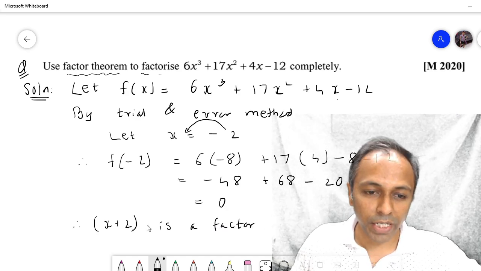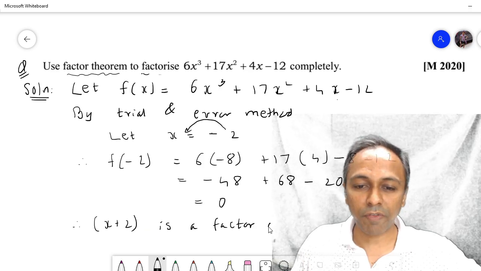After writing x plus 2, don't write equal to 0 here, just write x plus 2 is a factor